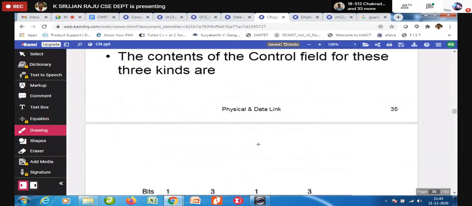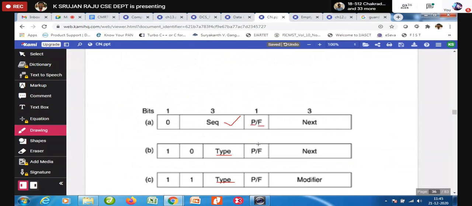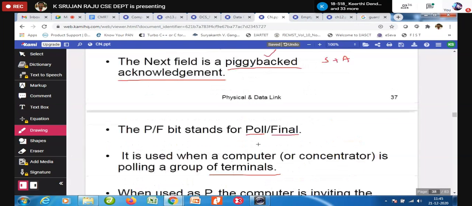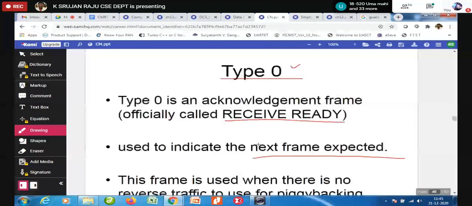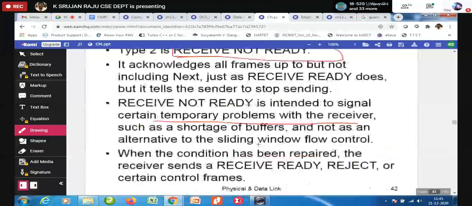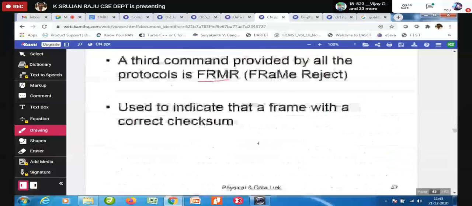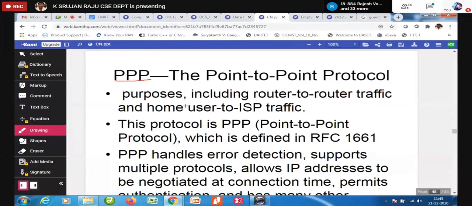In the information frame, it is going to carry the information. When it comes to the supervisory frame, we are going to use the different fields, type and the next fields and everything, and based upon that we are going to do, and then we are going to have the unnumbered frames. This is what exactly HDLC is. Same way, when you look at the point-to-point protocol,